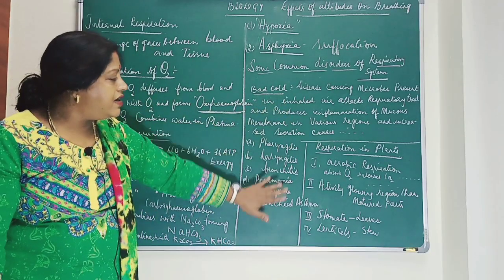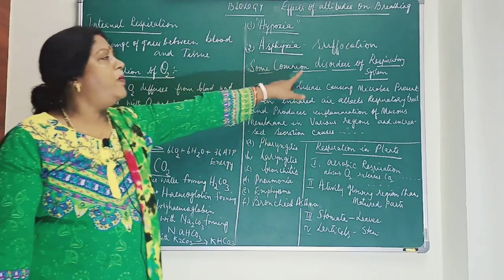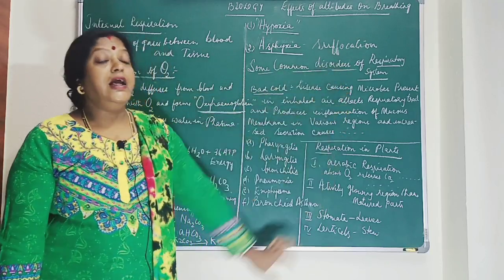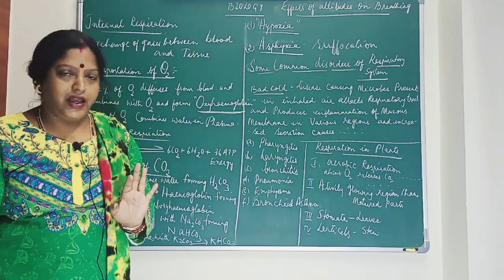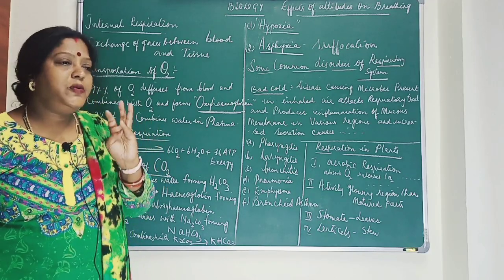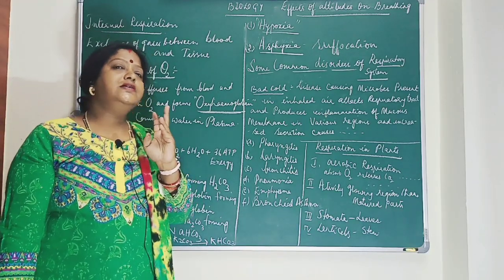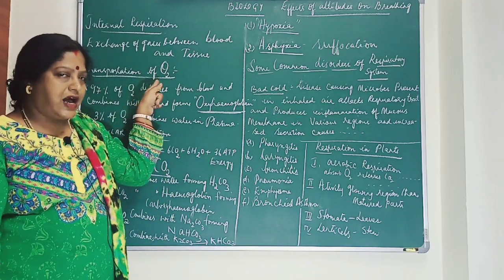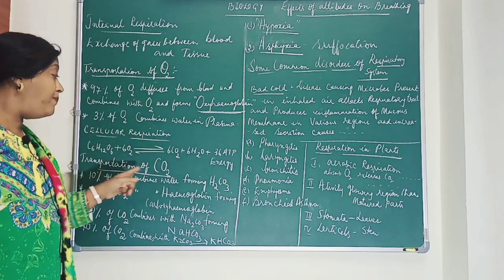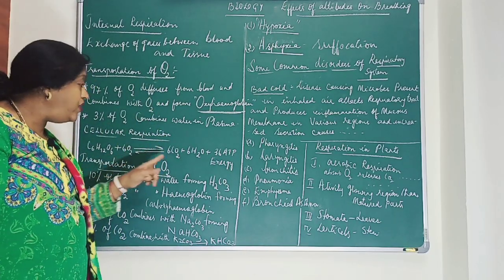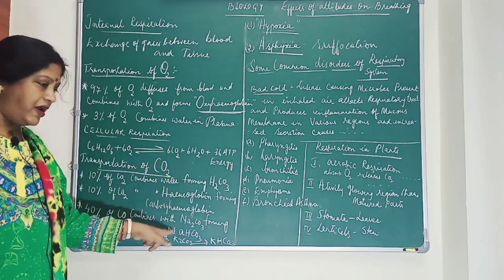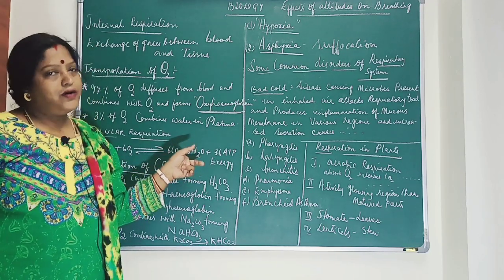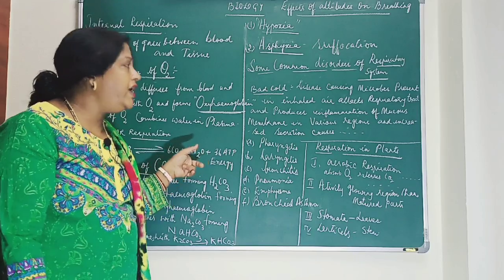So these are some of the common disorders of the respiratory system. Understood, children? So here we complete respiration in animals. We have already discussed external respiration, next internal respiration, and cellular respiration. This is transportation of oxygen, which is asked for 2 marks. And then what happens to carbon dioxide after cellular respiration? Then you have to write all this, children. Now water is retained in the body itself, because water is required for various metabolic activities.